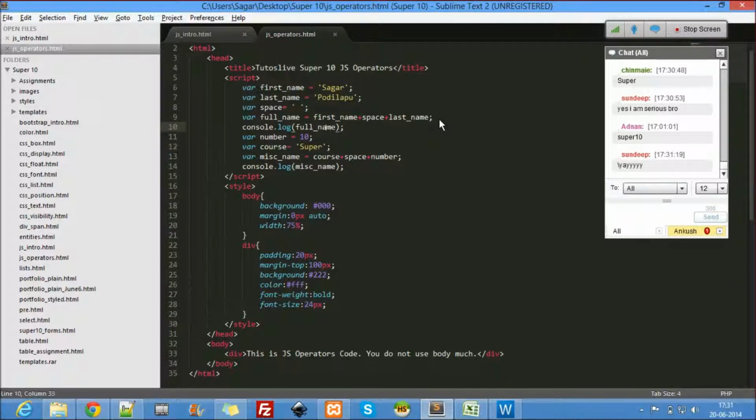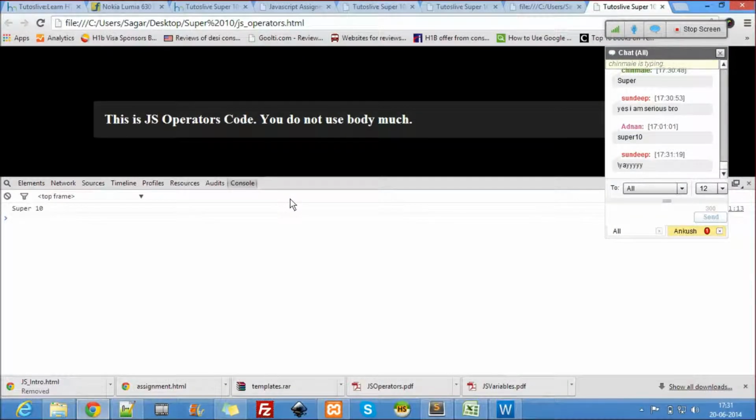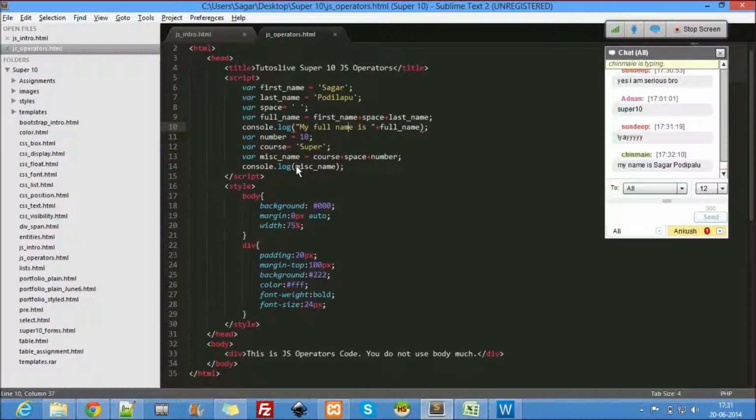So now here I'll just console log this, my full name is. So I can even do this. This is a string, and concatenating and outputting. Let's see what happens here. My name is Sagar Pudla. Here again, this course is,